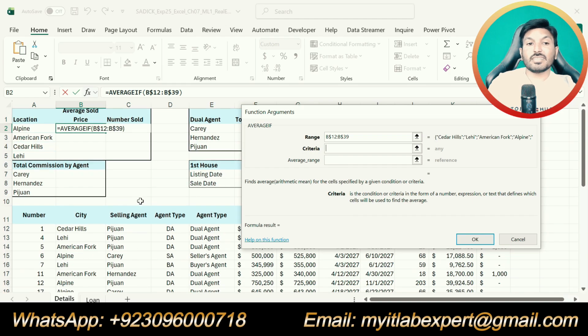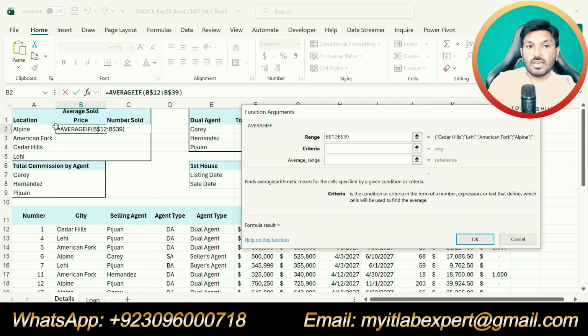Now our criteria is Alpine City, that is cell A2, because we are going to calculate the average sold price for Alpine City.